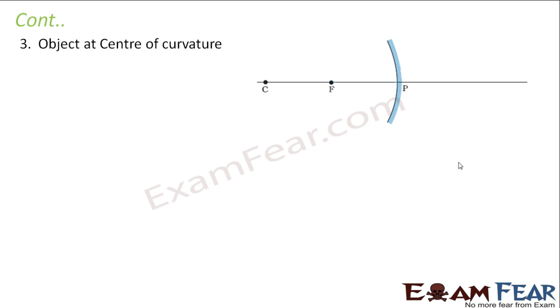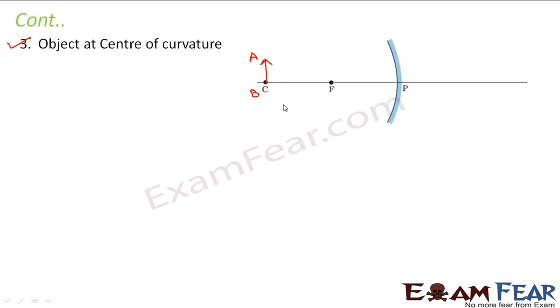Let us look at the third case where the object is placed at the center of curvature. We are gradually bringing the object closer to the concave mirror, right? First it was at infinity, then beyond the center of curvature, now it is at the center of curvature. Let us suppose this is my object, and let me call it AB. Here also, it is not necessary that you assume the first ray to be parallel to the principal axis and then passing through the focus. You can consider any of those four rules which I mentioned.